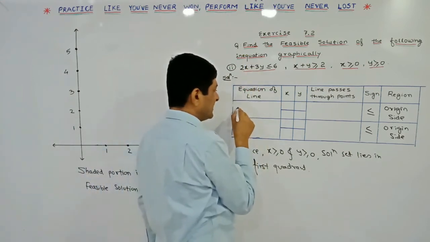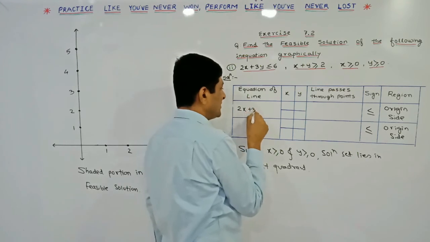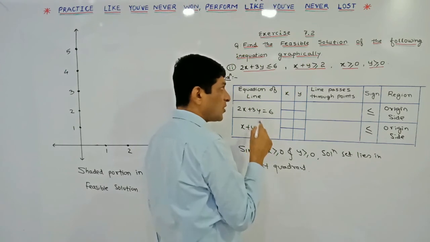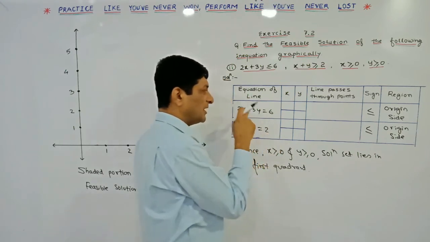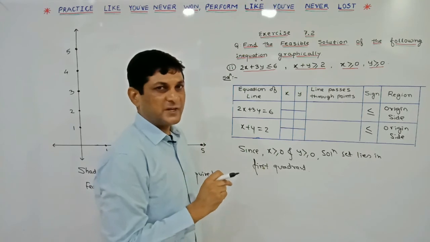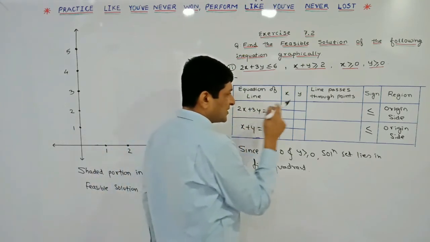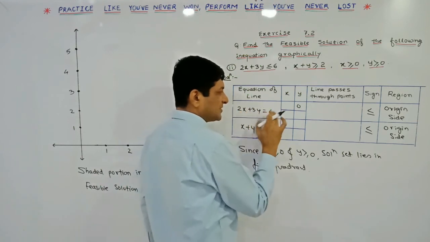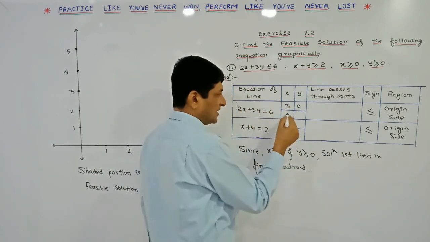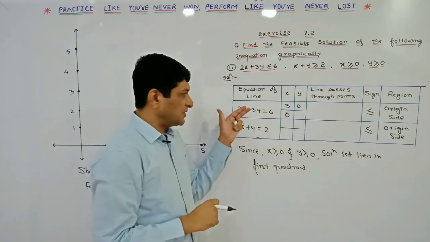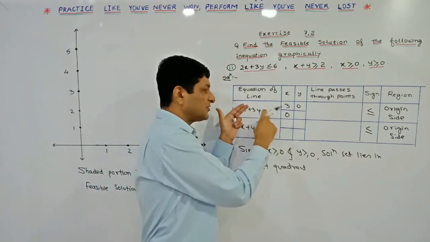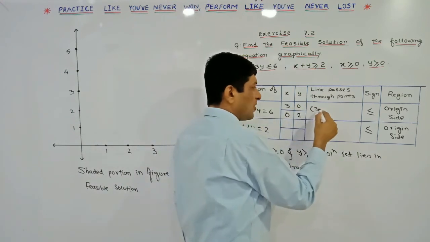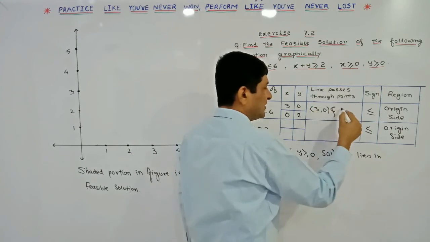So first consider the line 2x + 3y = 6, and from the second constraint, first we have to draw the line x + y = 2. To draw this first line, we have to find the coordinates of points on this line. So first I am substituting y equal to 0. Let us see what value of x we will get. 2x is equal to 6, meaning x is equal to 3. If we substitute x equal to 0 here, the remaining term will be 3y equal to 6, which implies that y is equal to 2, meaning the coordinates of two points on the first line are (3, 0) and